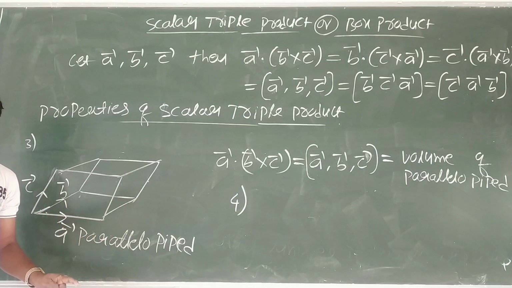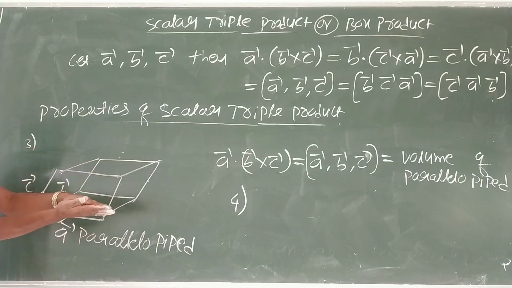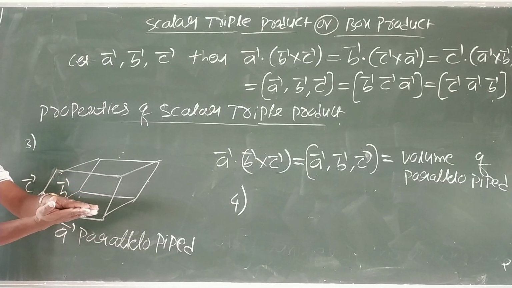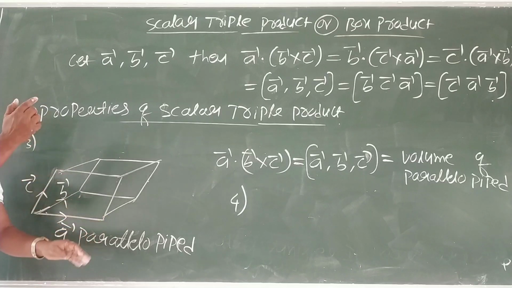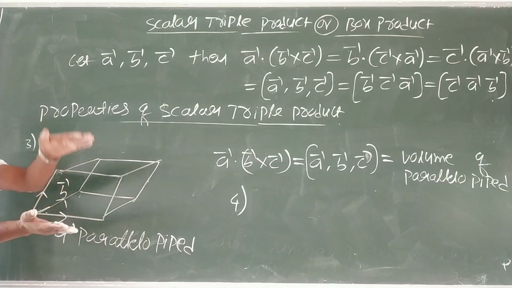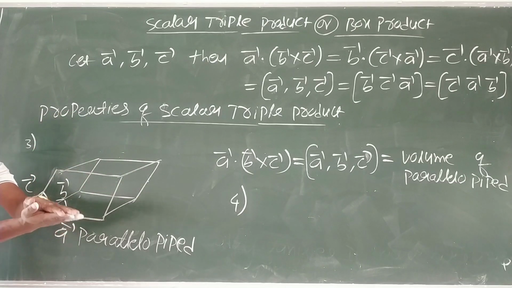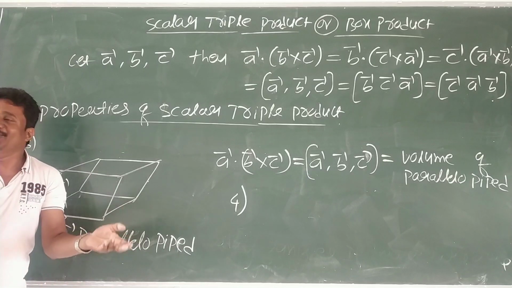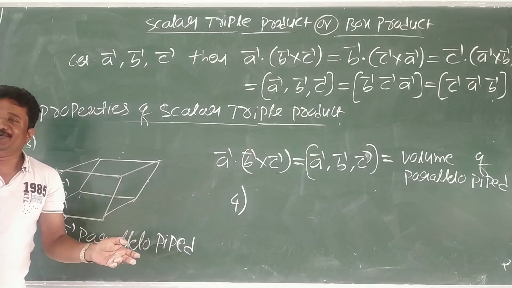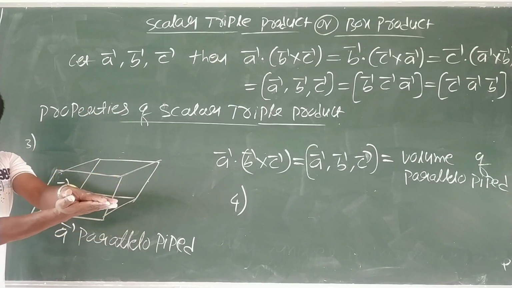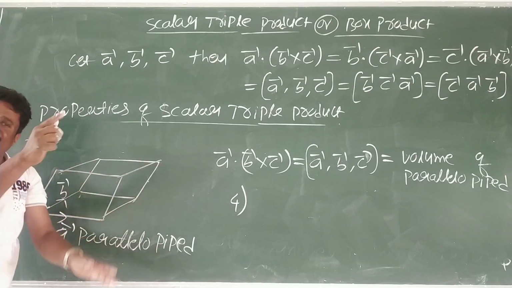One more thing, students. If I press the box, it becomes a plane. If it becomes a plane, all the vectors lie on the same plane. After pressing, there will be no box. Is it possible to see a box? No. After pressing, you can see only a plane. There will be no box. No box means volume must be 0. If a box is present, you can find its volume. Flat means no box. No box means volume 0.